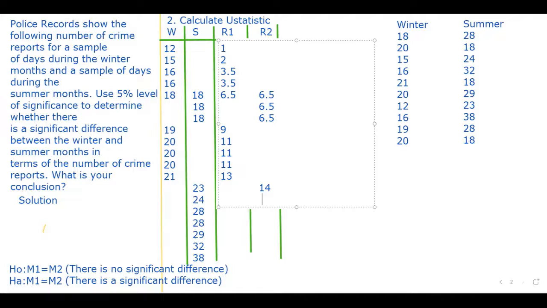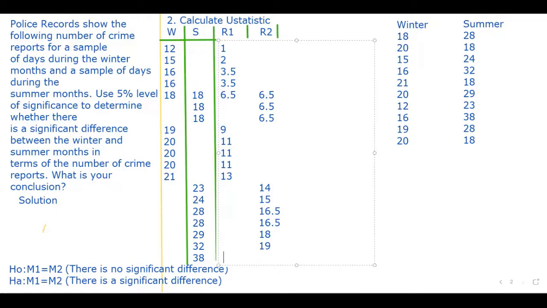16 and 17 are tying. So 16 plus 17 divided by 2, you get 16.5. Share it among them. Then the next one will be, what was the last position in mind? 17, so 18,